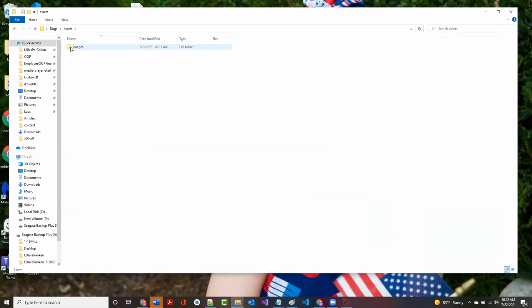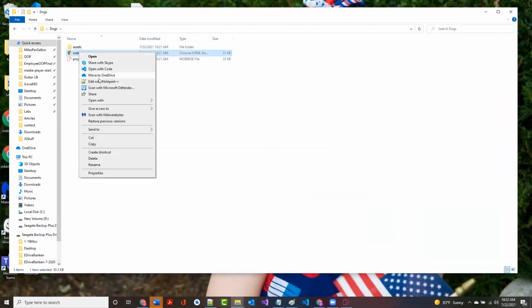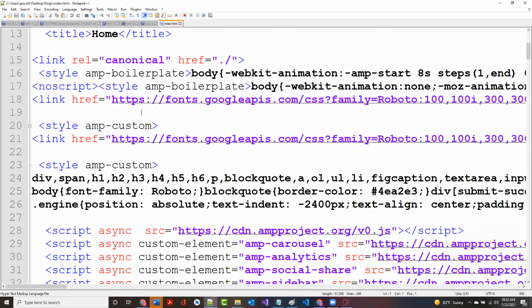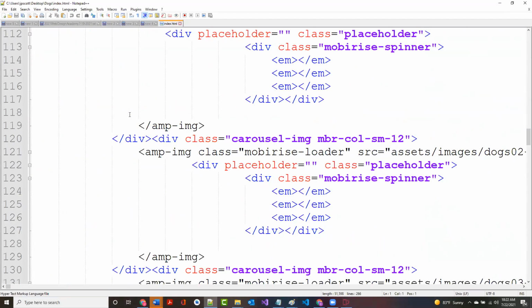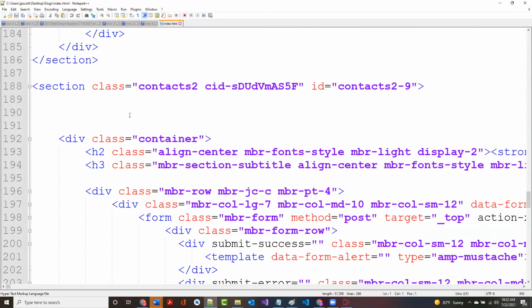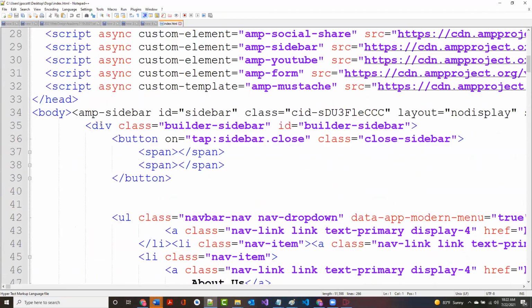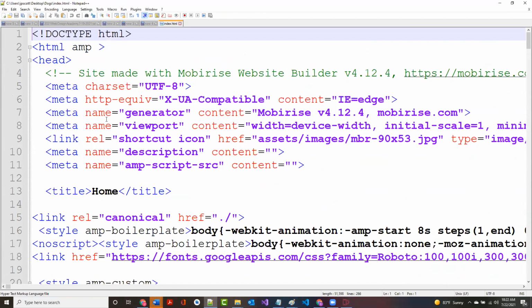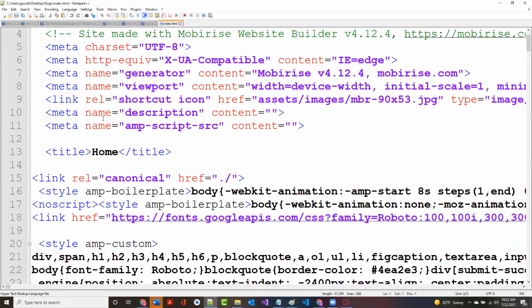Now, what I want to mention to you about this is, you'll notice here, there's a file called assets, and it's got images in it. That's all it's got. But notice what you don't see here. So if I go and bring this file up, my index.html file, it wrote a lot of code for me. It wrote all this code for me. All right. And a lot of that stuff you'd understand, some of it you wouldn't.